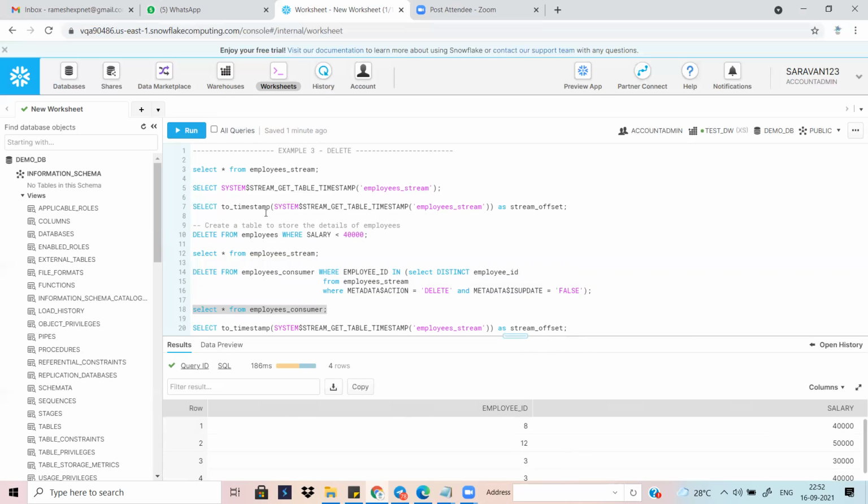The employee table is the first table. The stream is monitoring and tracking the changes. Then you can make this step: insert, delete, whatever action in the target table. You can make it accordingly. This logic: metadata action delete, metadata action is update or not. Based on that, you can maintain the data. So in this case, we followed the 3 flows. One is an insert flow, second is an update flow, third is a delete flow. So these are maintaining the data. Keep tracking the data regularly. You are maintaining the same table so you can maintain the latest data, right?